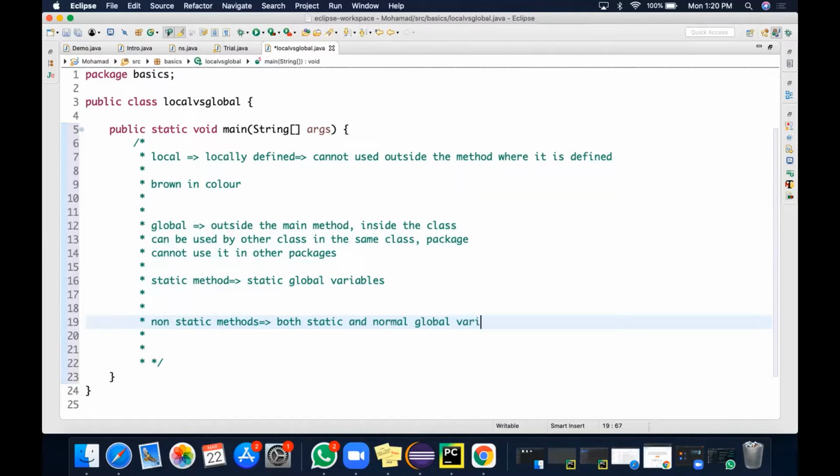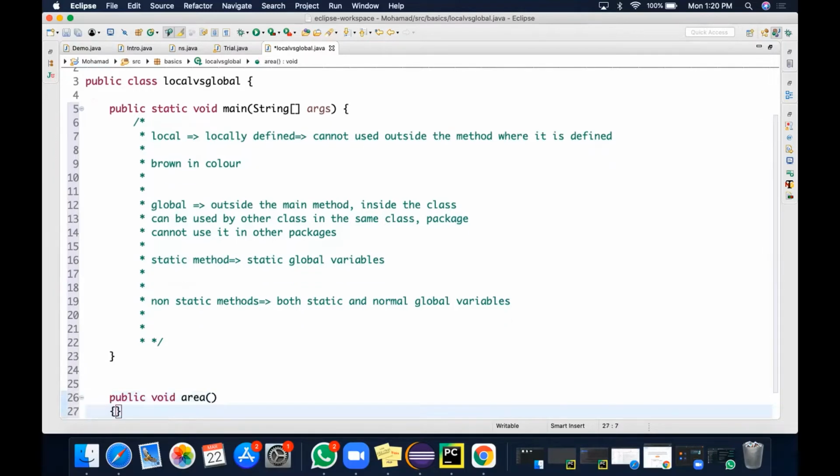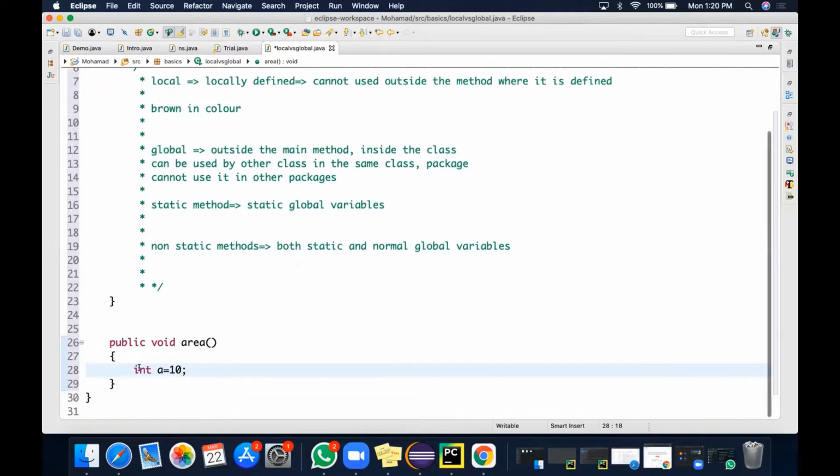So let's see this with an example. I'm going to have a method here. It is public void area, just an example. And I have integer a equal to 10. So you can see it is brown in color. So this a belongs only to this area method. Even in the main method I cannot access it.